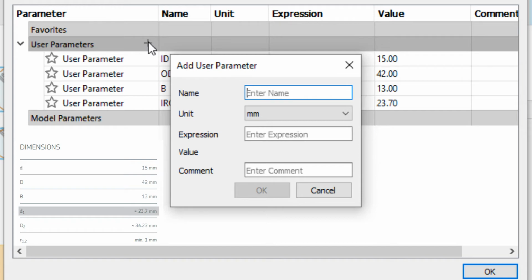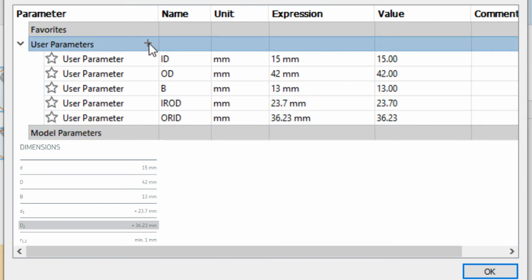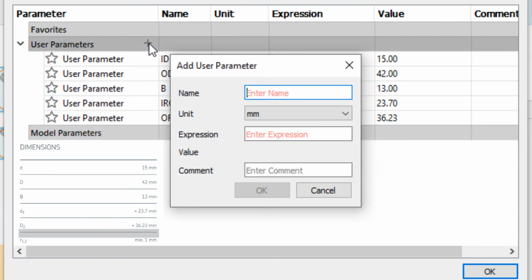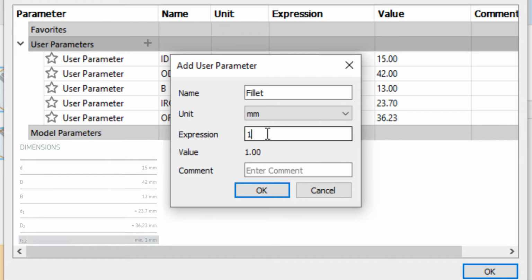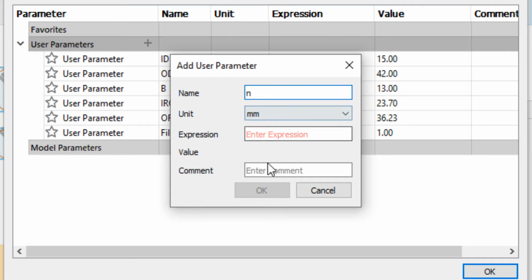And then we have the outer race ID. The expression is 36.23. The fillet radius be 1 mm. And the number of balls be 7.